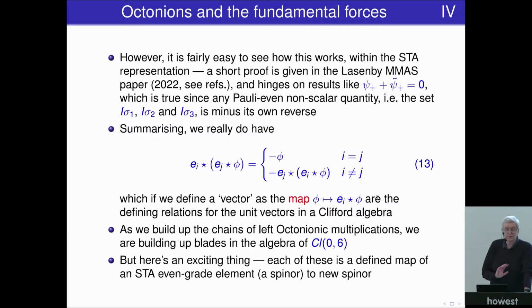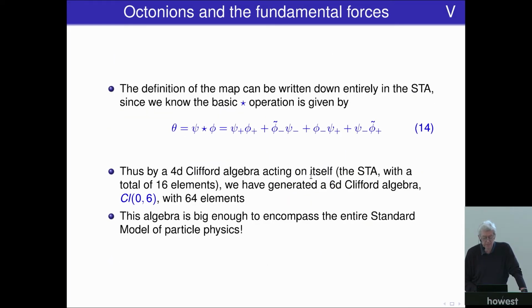And of course, we know that each of these multiplications can be done just in the STA. And so each of these things is a defined map of an STA even grade element to a new spinor. That's because the definition of the map can be written down entirely in the STA. So what we've achieved is, by a 4D Clifford algebra acting on itself, i.e. the STA with a total of 16 elements,